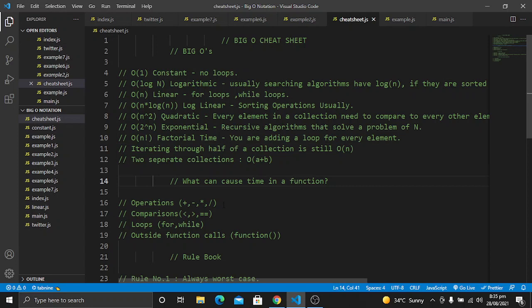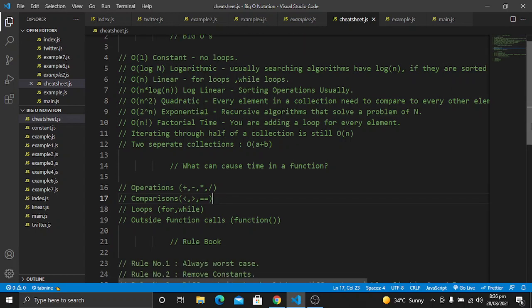It depends on the number of operations that it performs, such as plus, minus, multiplication, division, and also the comparisons, for example less than, greater than, equal to, and then the loops, for loop, while loop, and then the outside function calls. These four things cause time in the function, or slow down our function or our code.